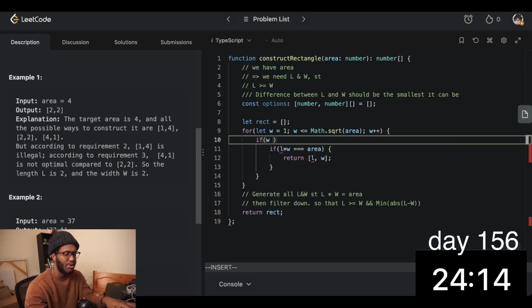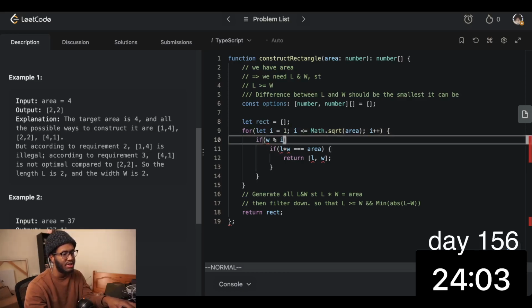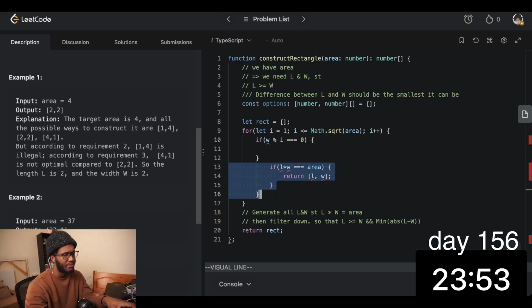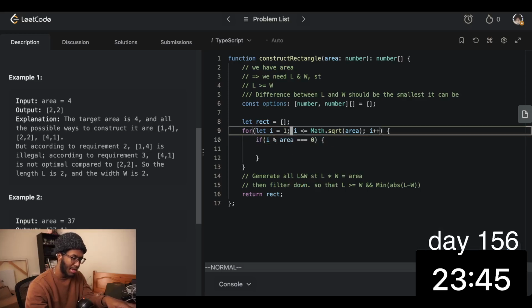So if W mod, we should change this to I, because this wouldn't be W. What we figure out is actually W. I mod area